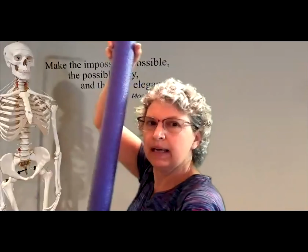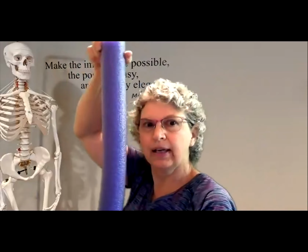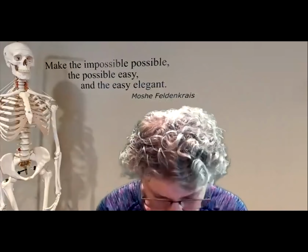So your whole spine, if you were looking at me from the side, the whole spine makes a letter C and curves. Go ahead and try that a few times. This is part of why we have to be toward the front of our chair so that there's room in the middle to do that. Okay. And then to look up,